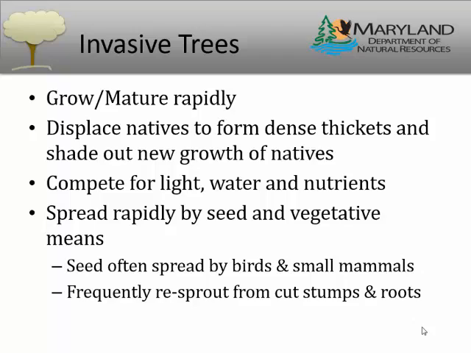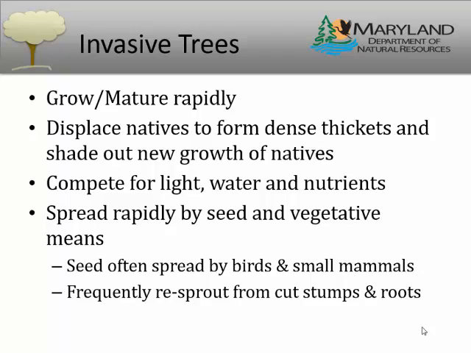Because a lot of these things, I said, they leaf out earlier than our native species. And if you catch them in the next week or two, you might see them before our native species have their leaves on them. And you can start to locate them and know where you might want to target some efforts. So I'm going to go through some of the different categories of plants and some of the similarities they have, and then a few of each species in those categories.